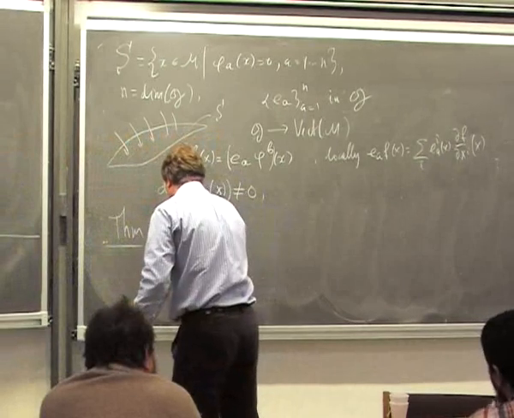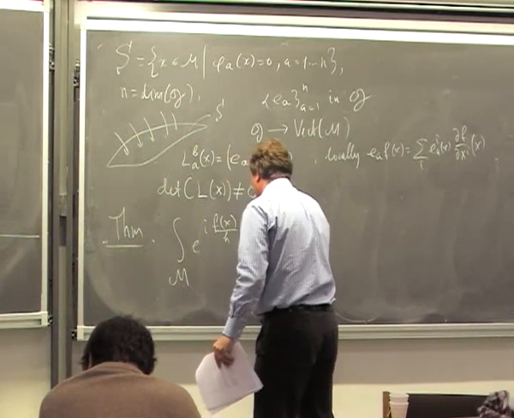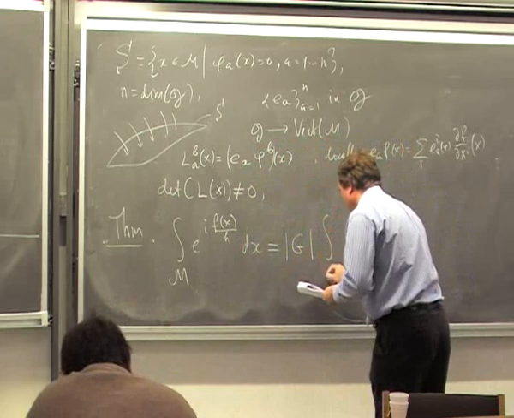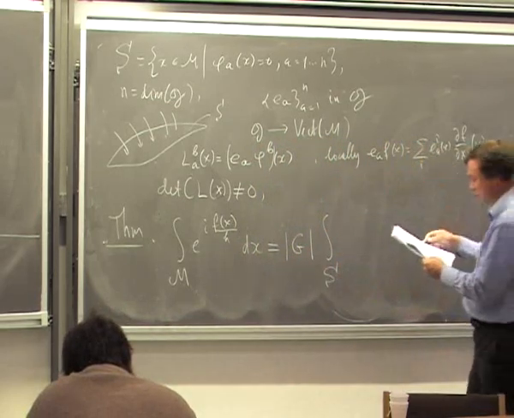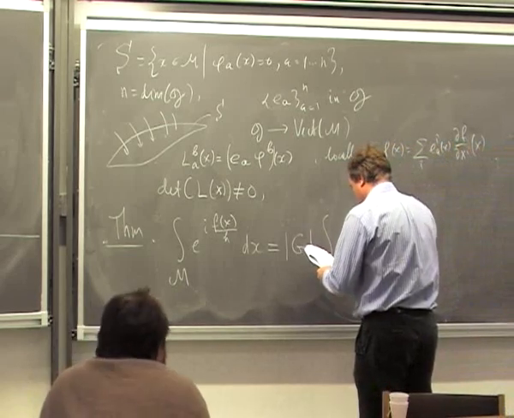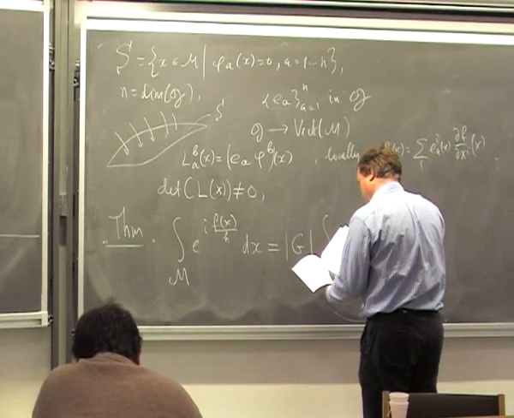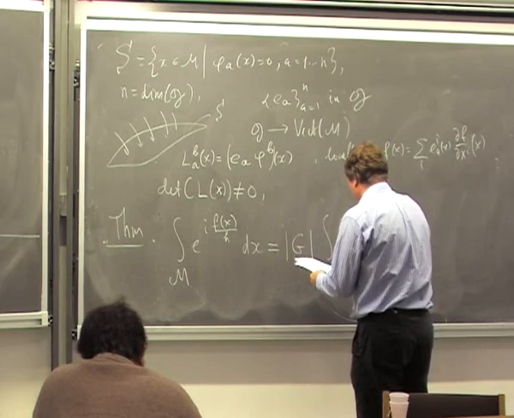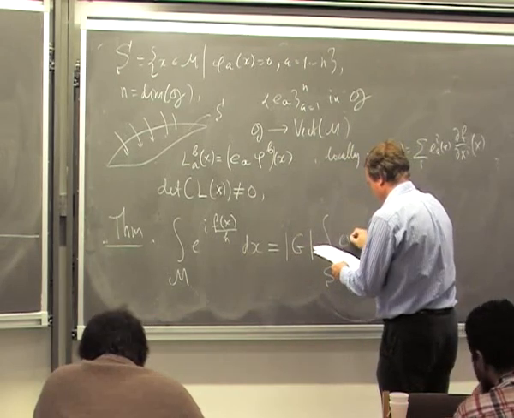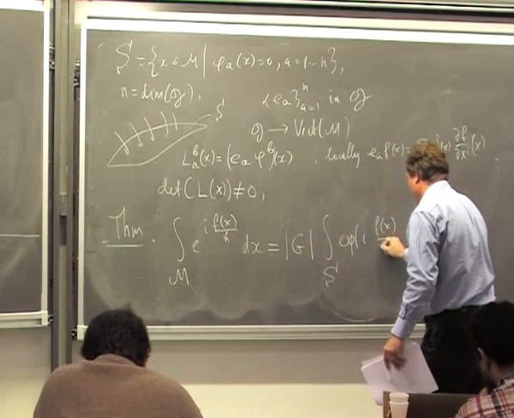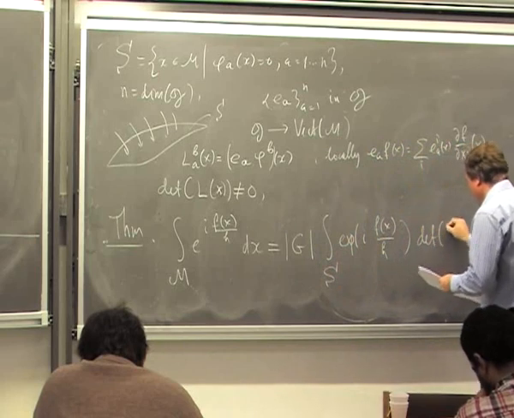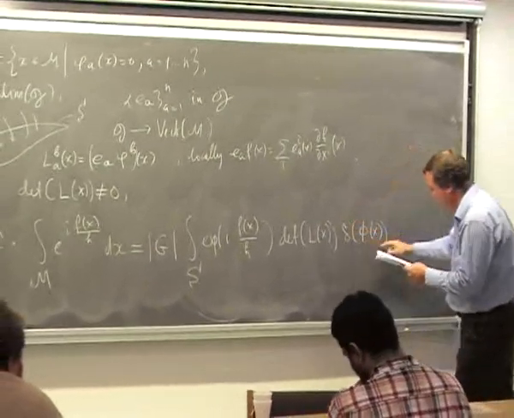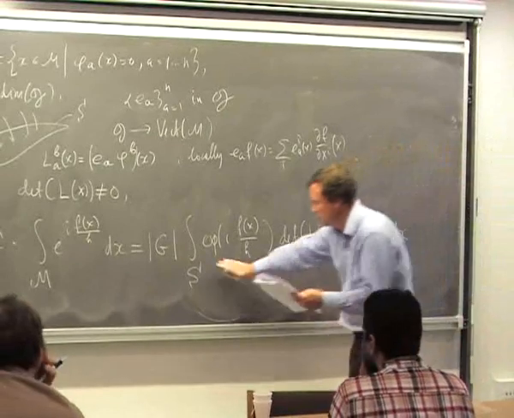The integral over M of e^{f(x)/ih} dx is equal to |G| times the integral over the space L of e to the exponent f, then the determinant of L(x), and then the delta distribution that localizes the integral. So I should be reading: